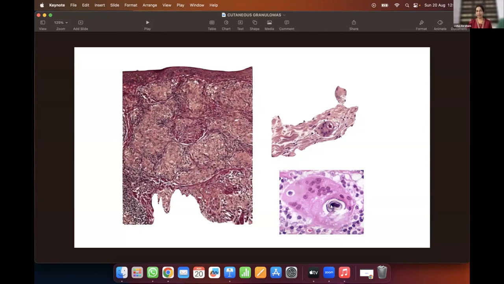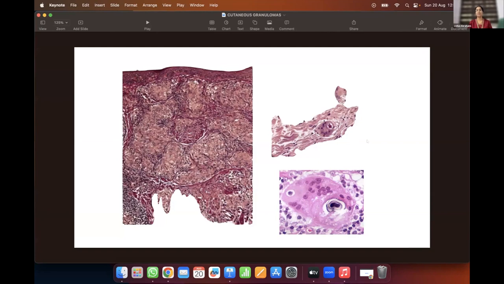You also may see the Schaumann body. That is also a finding that you see in sarcoidosis. Schaumann body, that is the chalcospherite, a calcium inclusion, which is seen in the giant cell. These two are usually seen in sarcoidosis, but please remember that they can also be seen in other granulomatous inflammations too. Whenever we are dealing with such granulomas, you always have to remember that sarcoidosis is a diagnosis